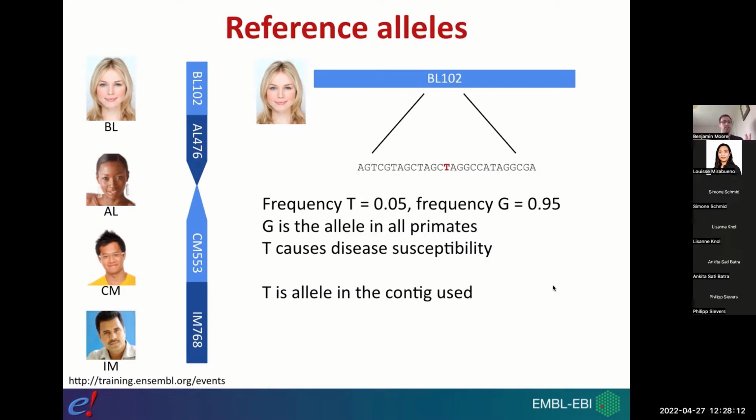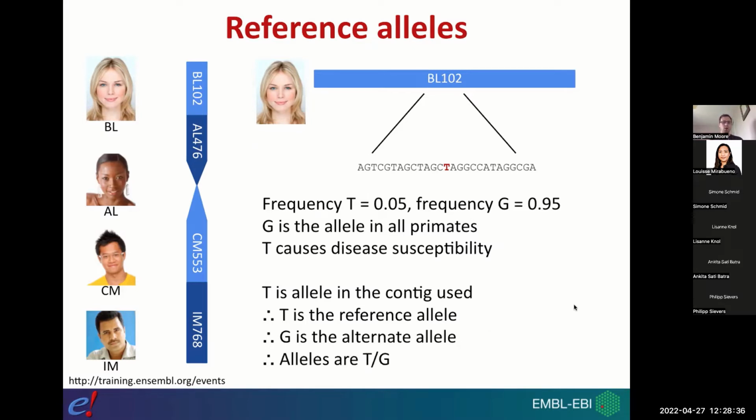So T is the allele that was sequenced from her genome. So T is the allele in the reference genome sequence, and G is the alternate allele. So this is a very strict definition that we have here. Whatever allele is in the reference genome sequence is the reference allele, and whatever is found in other sequencing projects afterwards, these are the alternate alleles. So in Ensembl, we'll always label this as T/G,